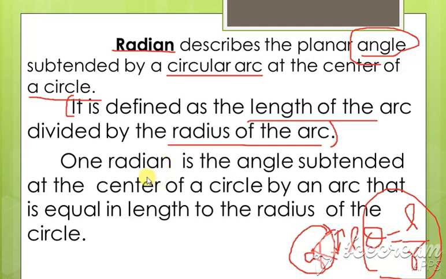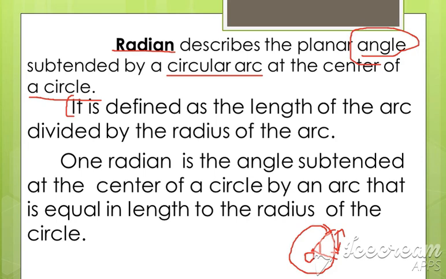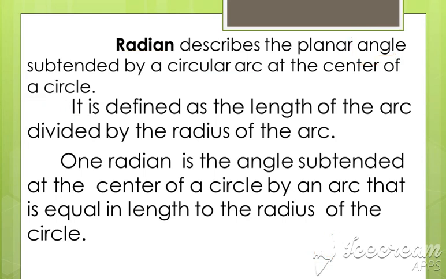So 1 radian is the angle subtended at the center of the circle by an arc that is equal in length to the radius of the circle. So that length will also be equal to the radius of the circle. So that gives the definition for radian. This radian can be asked as a 2 marks question, okay. So what is radian, or define radian? It will be asked. So radian is the angle subtended. Mainly the word you have to know is angle, okay.